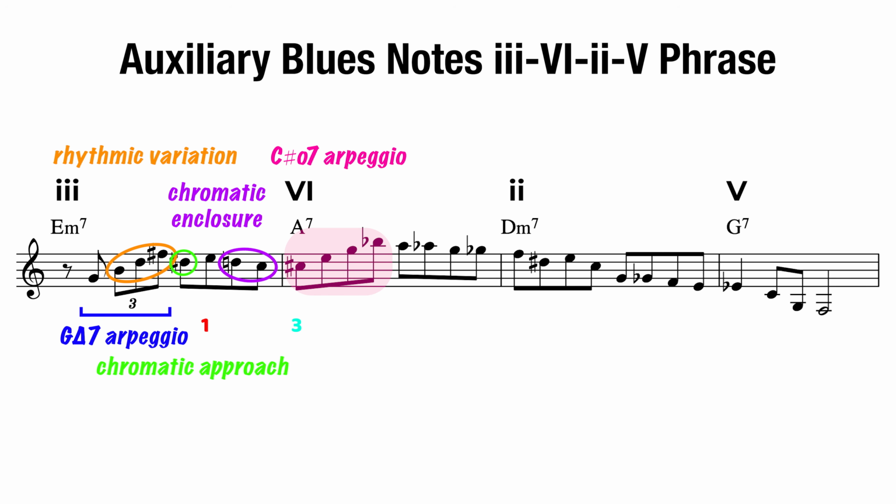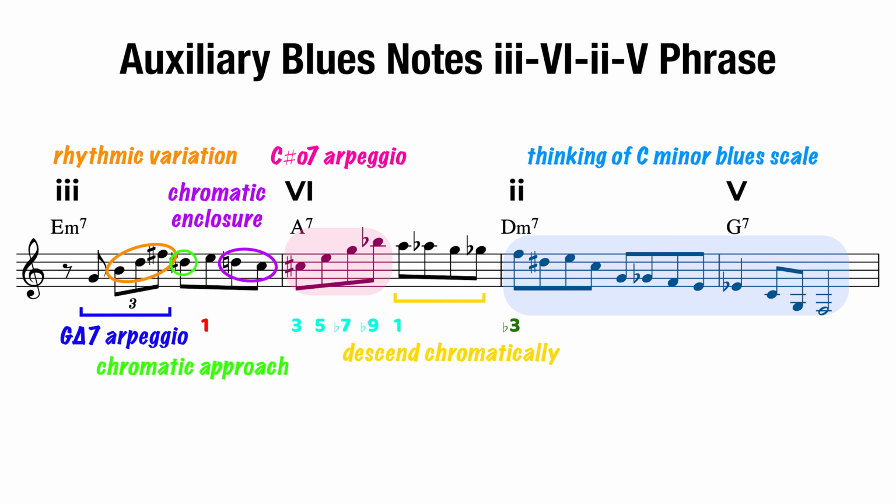So against A7, that's going to give you the 3rd, 5th, flat 7, and the flat 9. We resolve to the root, and then we go chromatically until we get to F from there. So that'll be the flat 3rd of D minor 7. But at this point, I'm going to be thinking of the minor blues scale in relation to the key center, which is C. So I'm going to first enclose that auxiliary note of the major 3rd, and then I go